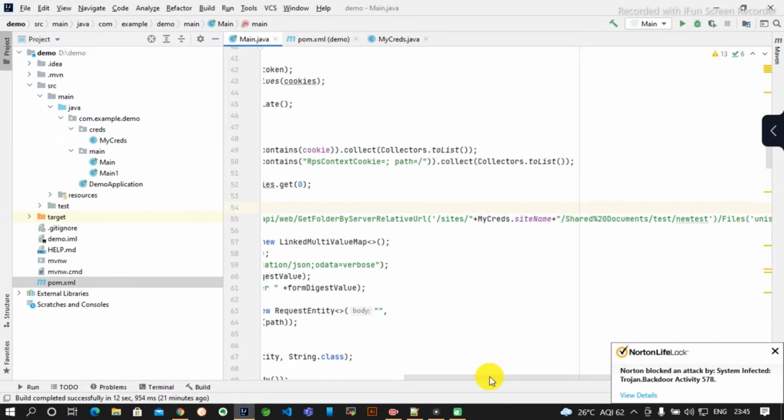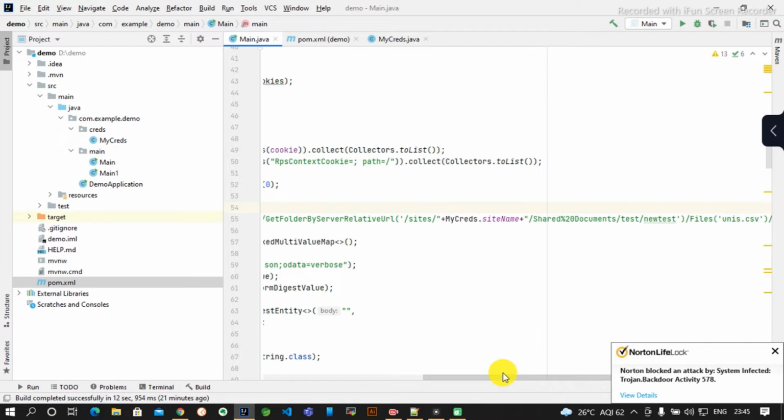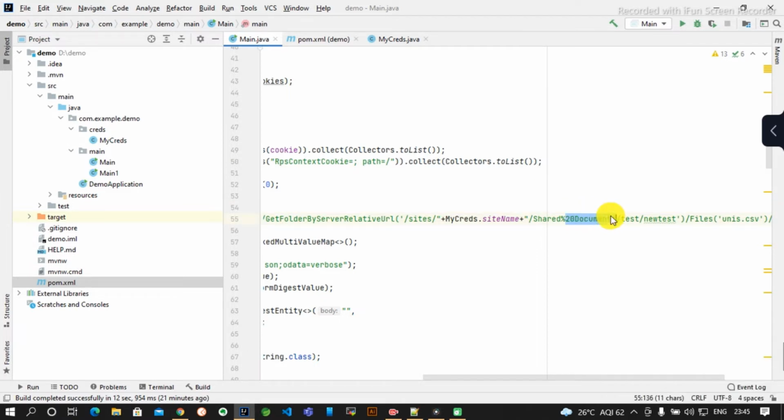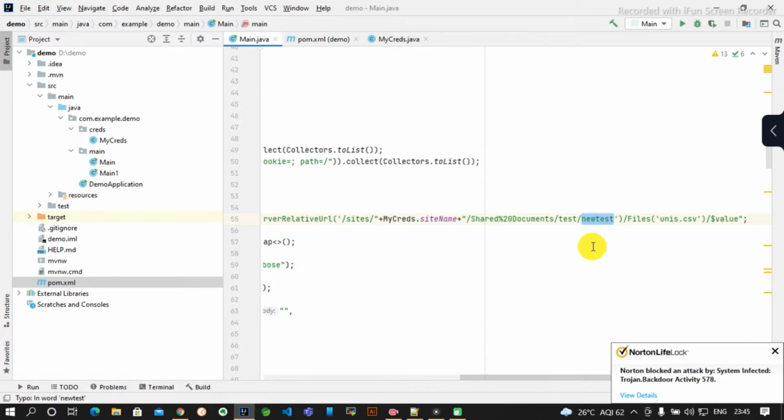If you have ever used SharePoint, there is always a base folder, that is Shared Documents. Inside Shared Documents I have a test folder. Then inside this test I have a new test folder. After that I am creating the file. In that new test folder I have a unis.csv file. So let's fetch this file.